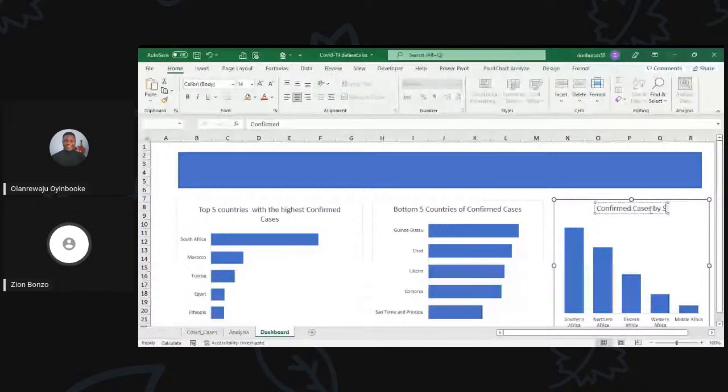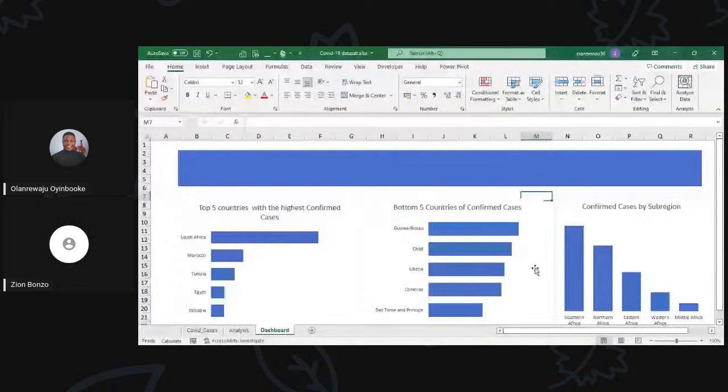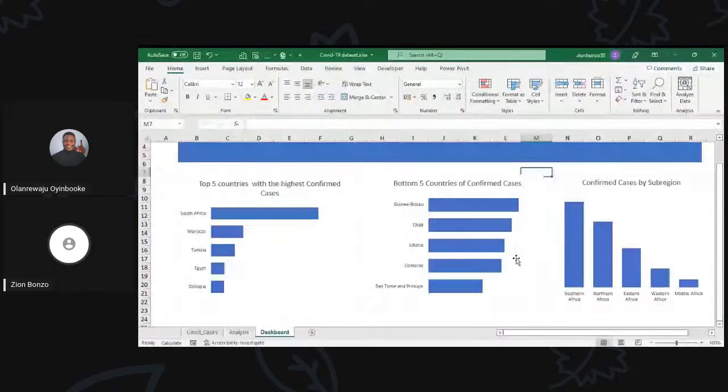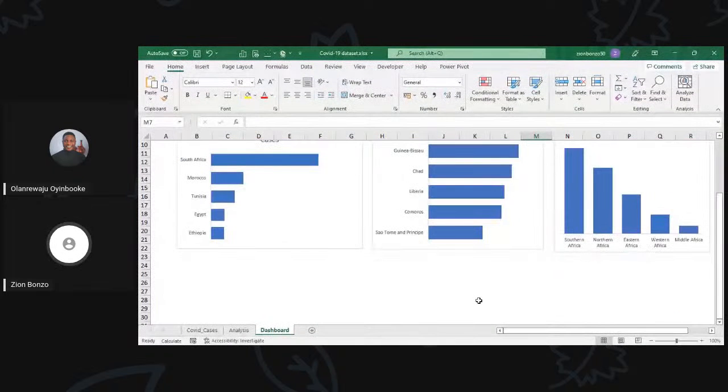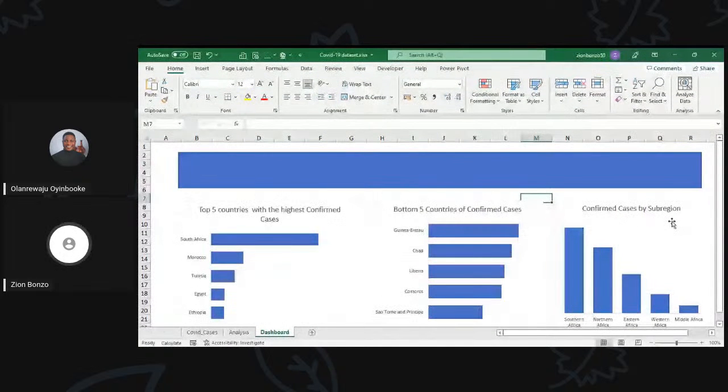Now I have this chart here. Now you need to actually edit this chart and go through the actual data bar. Since there's no time on our side,